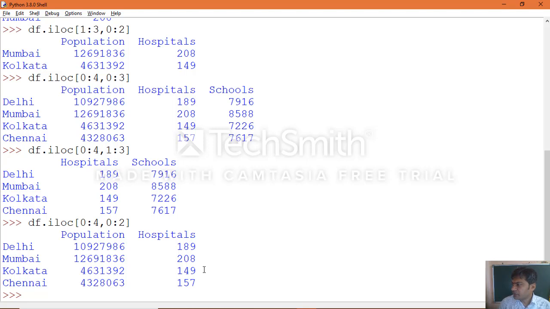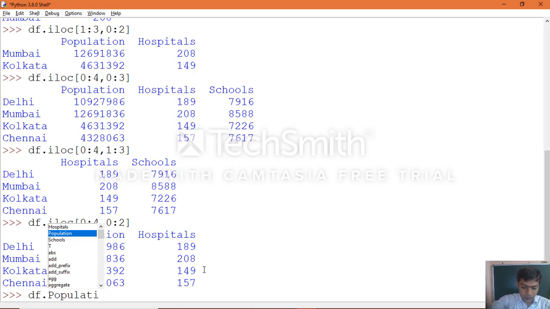Now, another type is accessing an individual value. How can we access an individual value? We use it in such a way: data frame object followed by dot, then column label, of row label, a row name, or a row numeric index.